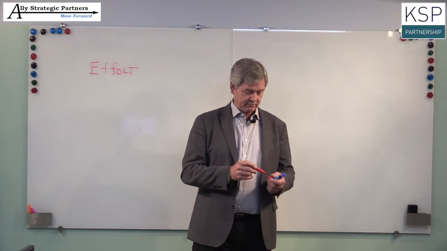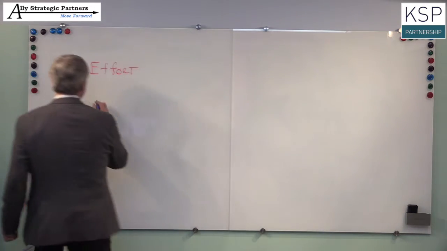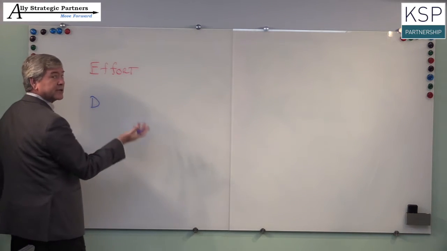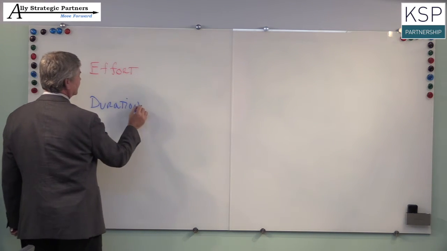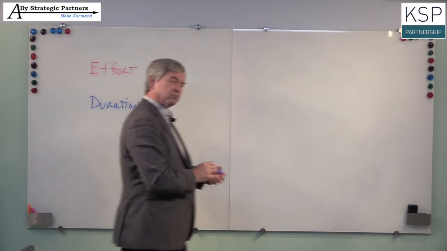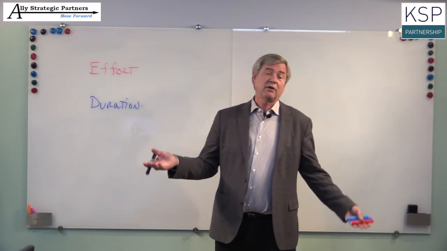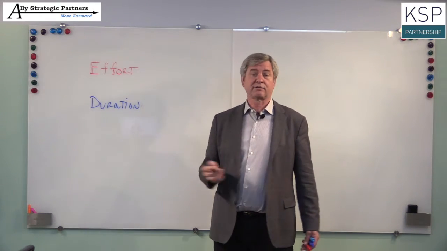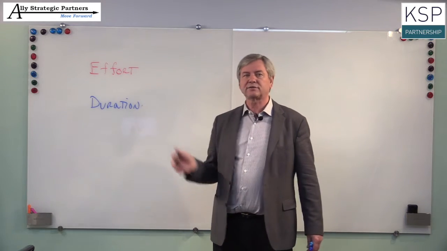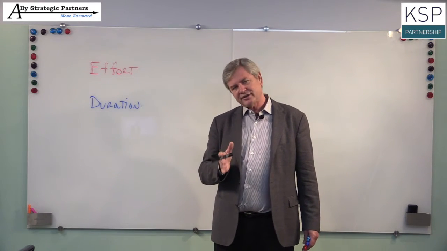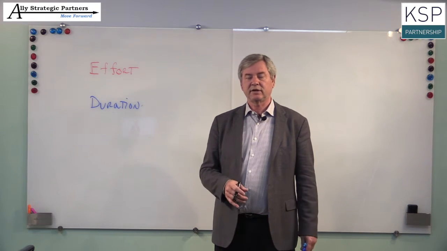That's an effort estimate. The second kind of estimate is a duration estimate. This, of course, tells us how long it will take you on a calendar. So, I go up to a team member and I ask for an estimate. Now, of course, the first question is, what kind do I ask for? Well, if I'm delegating a task, usually I'm going to ask for an effort estimate. This tells me the amount of time it actually takes a human to do the activity.